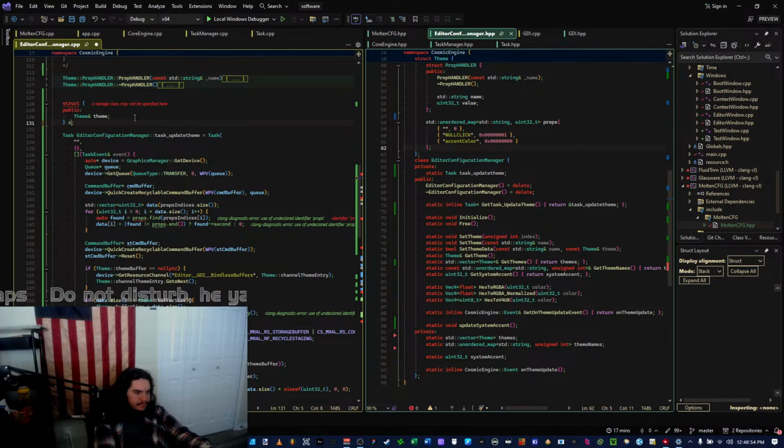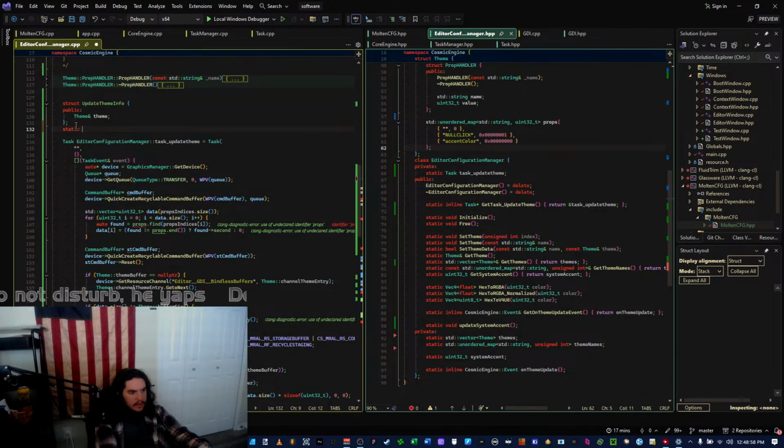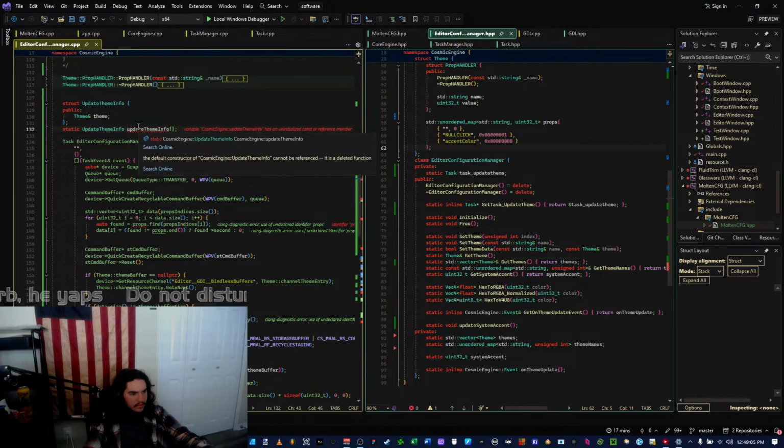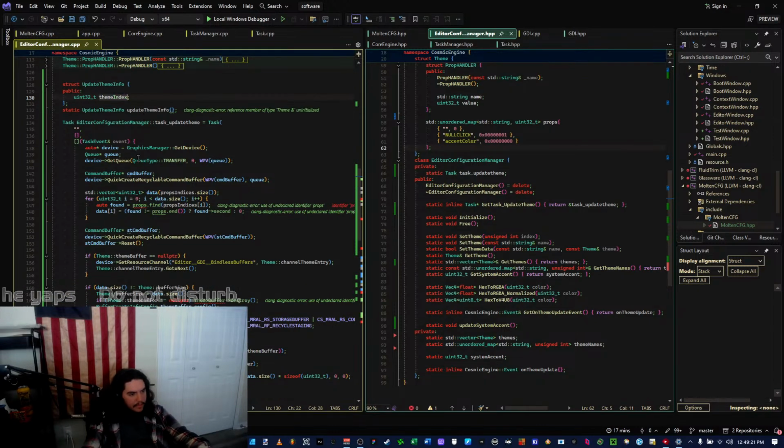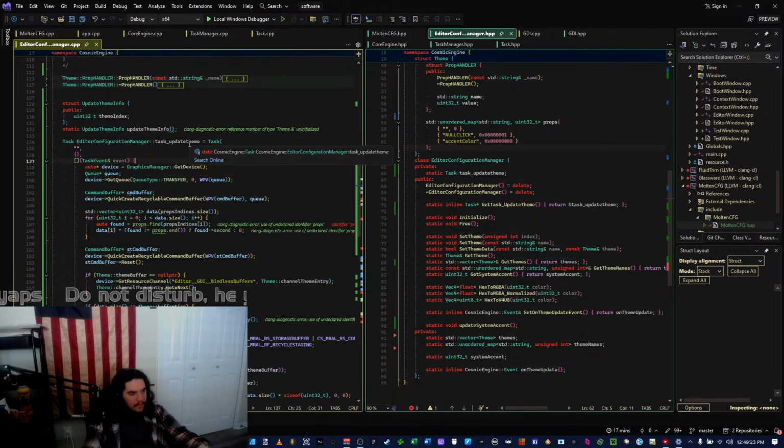I'm just gonna do static. How is the default? Oh, I'm dumb. I'm just gonna do 32 theme index. There you go.